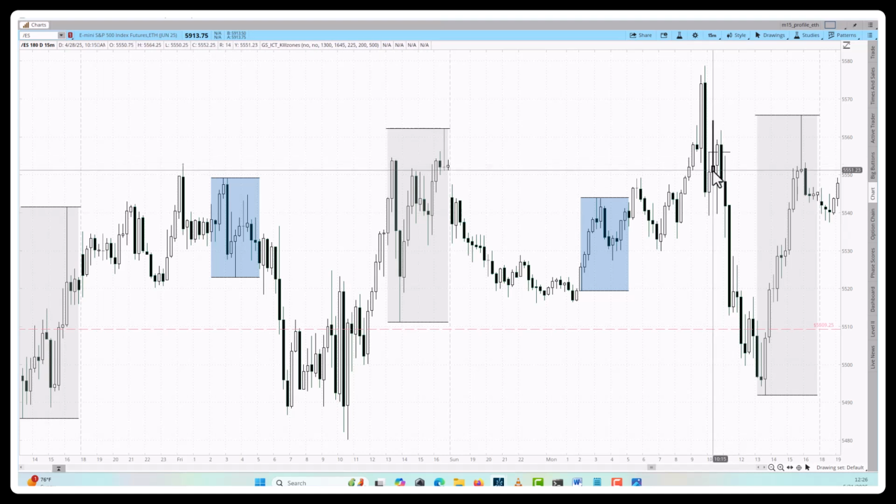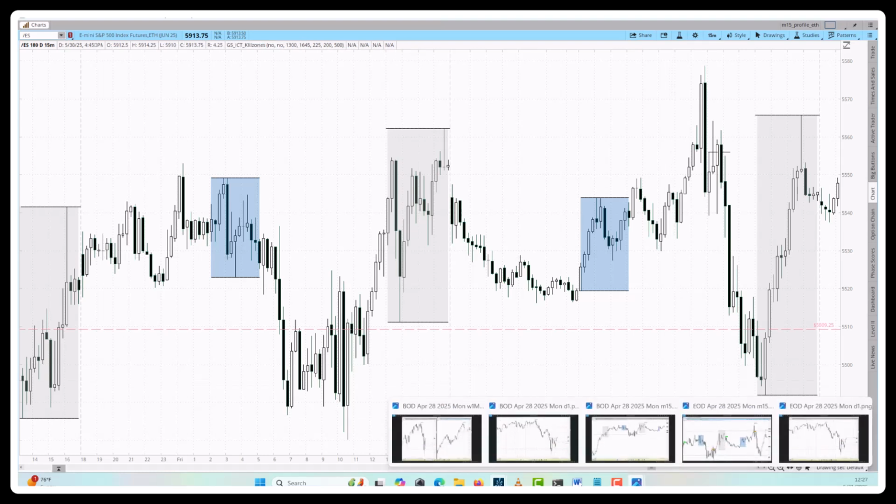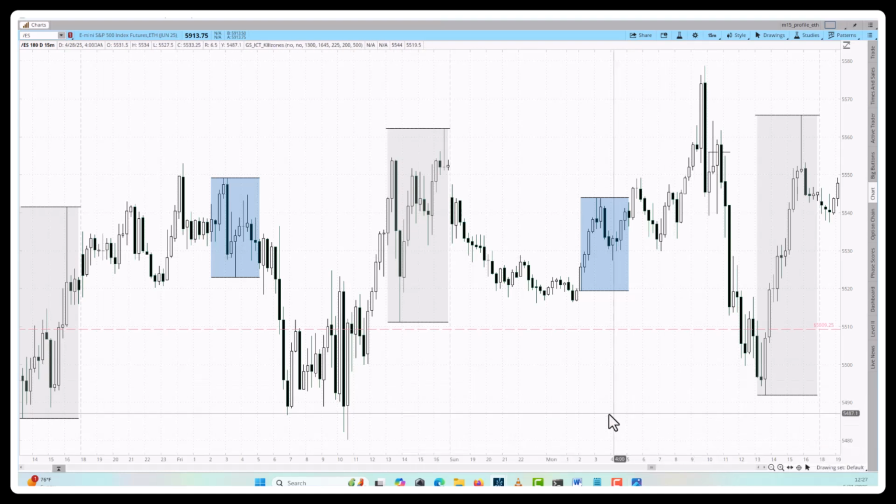So basically, what do you see? You see test from below, break and reverse. That is type 2. For breakout type 2, and it's a continuation. It's so accurate. Just go back